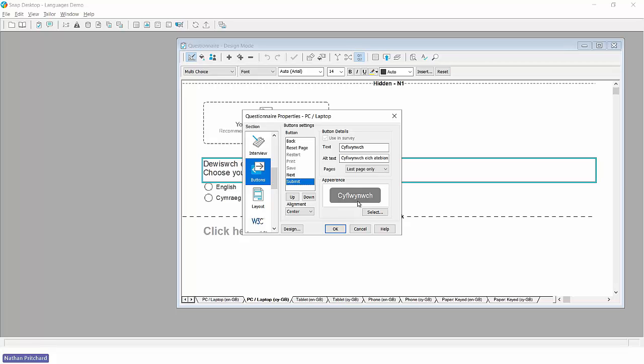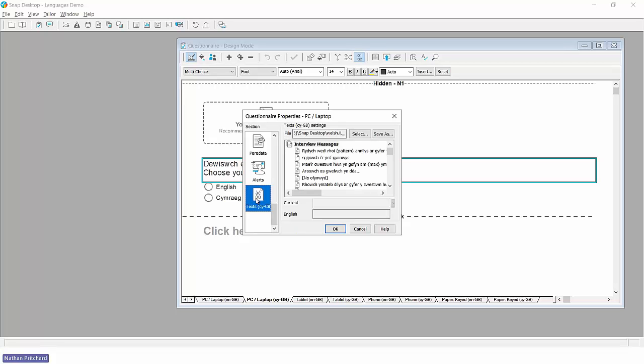And whilst we're talking about buttons, just a reminder that you can actually overtype these with your own text. So if you're perhaps running a project which is more of a registration form, rather than having the word submit, you could just overwrite that with the word register, obviously in Welsh. And coming down to text at the bottom,